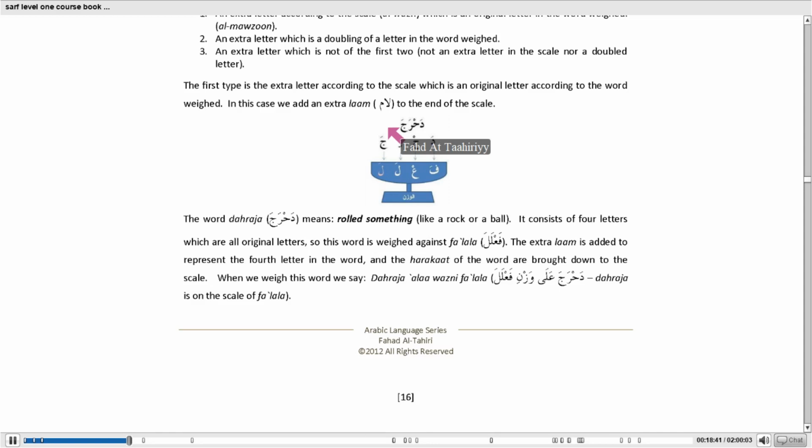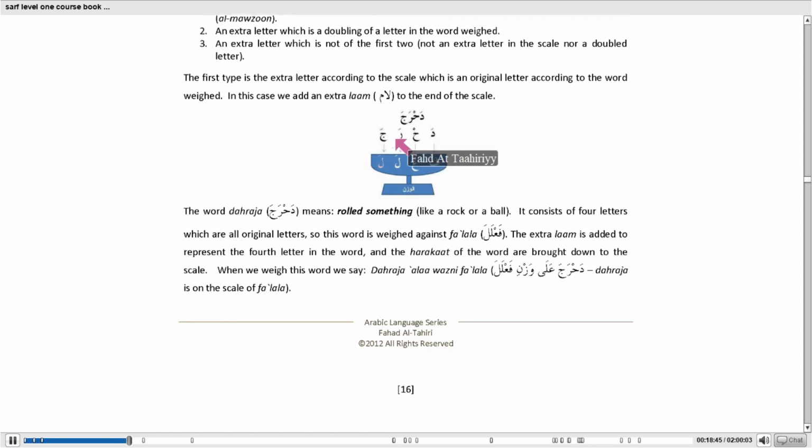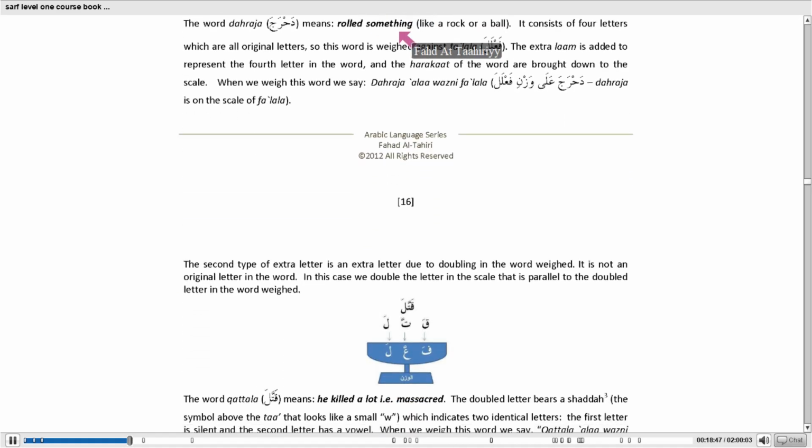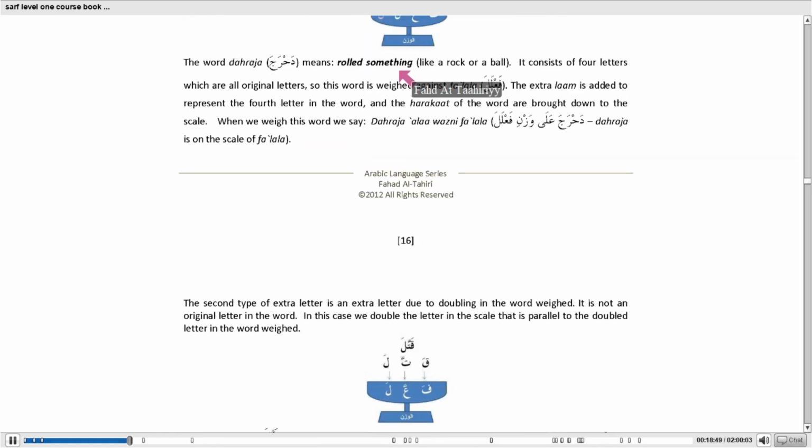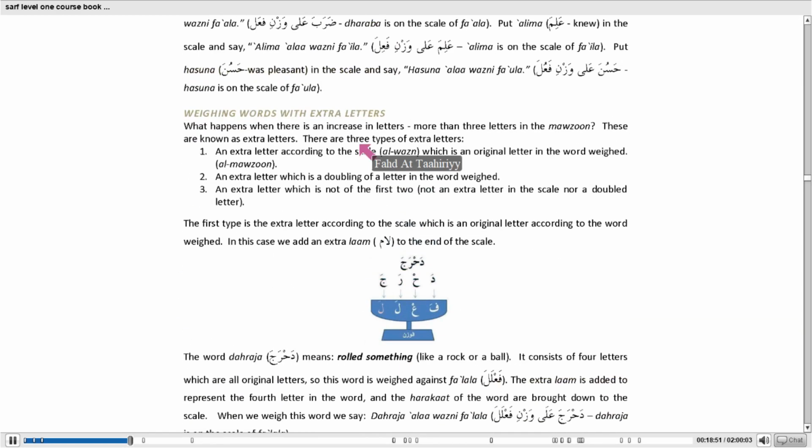Yes. 4 letter, 4 root letter. Okay, alright. Now, let's go to the second type of extra letters. They were laid out here in general, and then they were detailed. So the second one, an extra letter which is